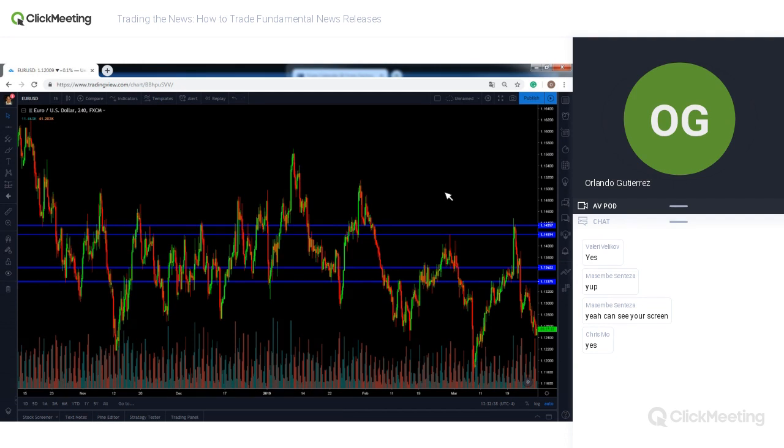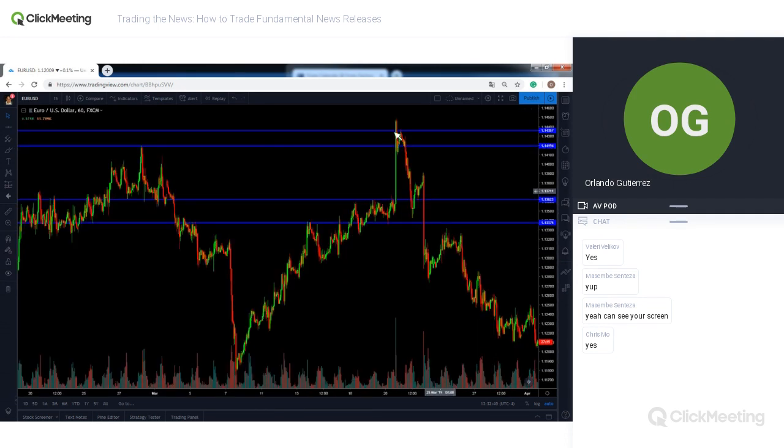Now let's go back to the hourly, to where we were looking, and as you can see, it's right around these levels that the momentum started to decay. So what I would have done is I would have taken my gains or my profits right around the 1420 level, and that would have given me a cool 56 pips on this news release. And well,